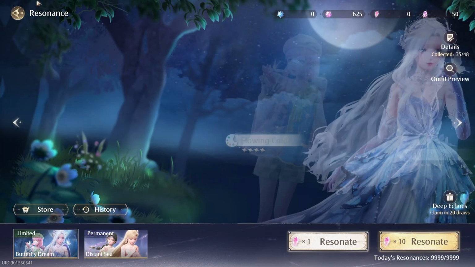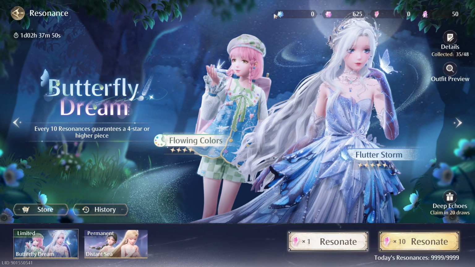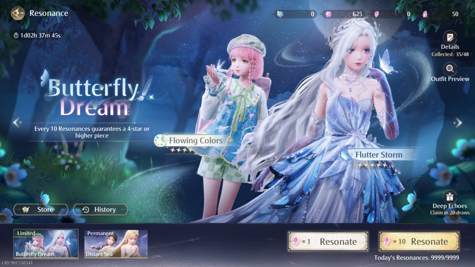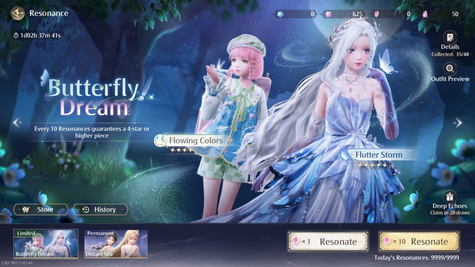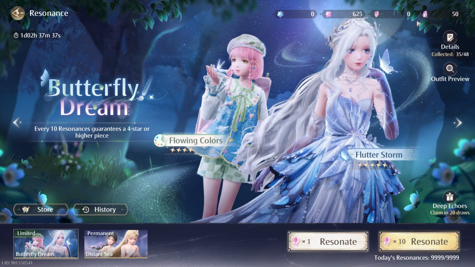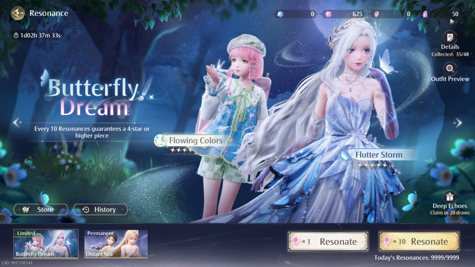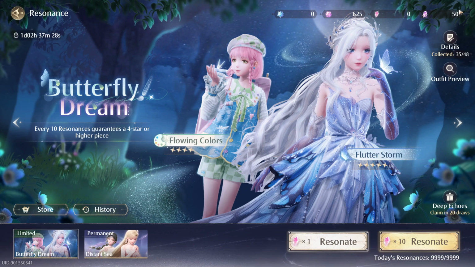So yeah, that's the pavilion, and you can see all your resources here. This is the purplish, bluish purple diamond you can get from topping up. And this is the normal diamonds. This is event pavilion tickets. This is timed event pavilion tickets, which Paper never explained what these are, but from what I think, this is